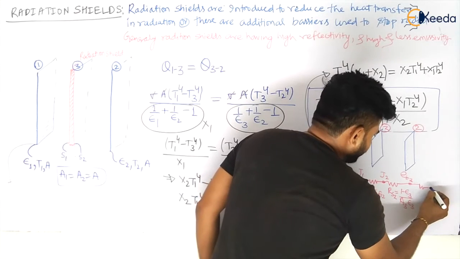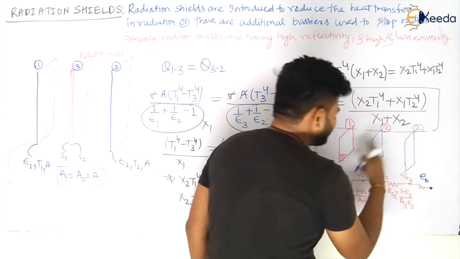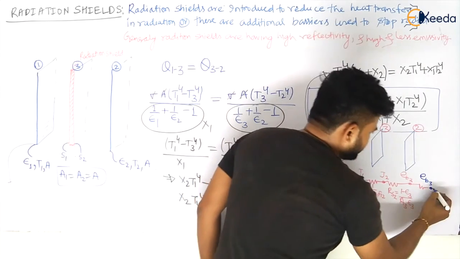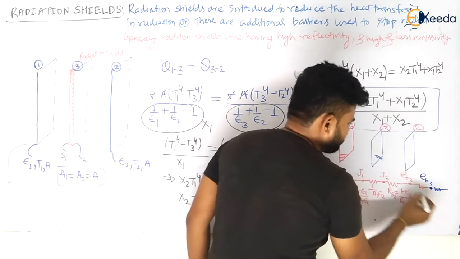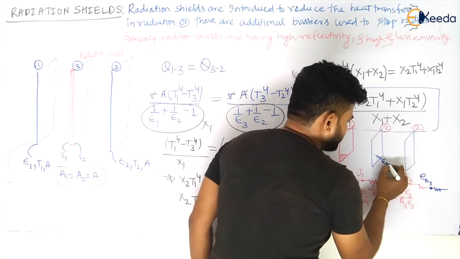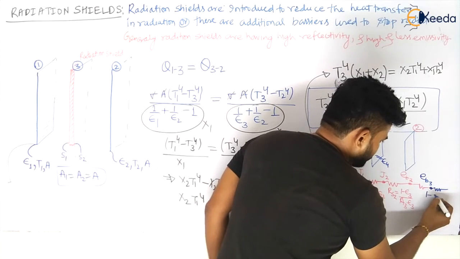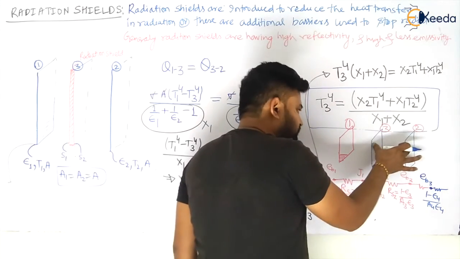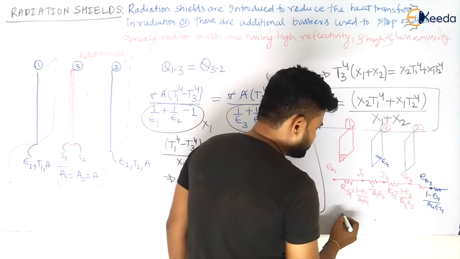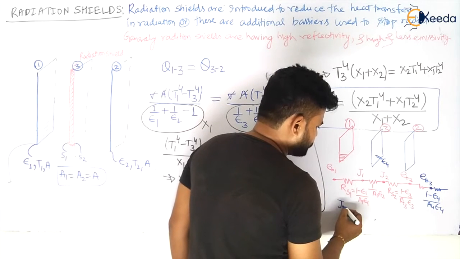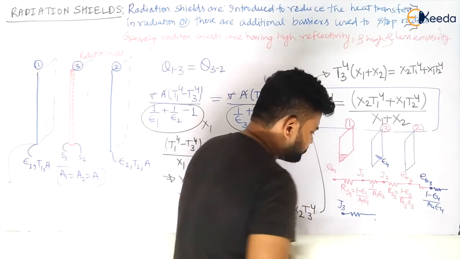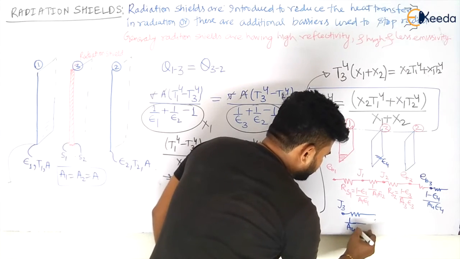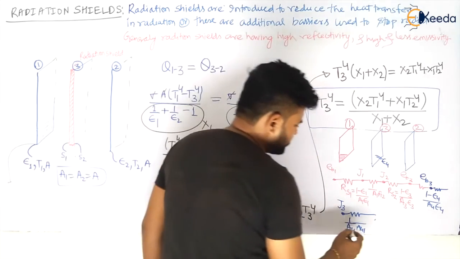So again this will be your EB3, or you can take EB4 also. There will be some surface resistance due to this surface, given by the emissivity on this side. Let us take E4 as the emissivity on this side. So this will become 1 minus E4 divided by A4 E4. Then due to both these plates there will be some space resistance, with J2 and J3, which will be given by 1 by A4 F41, my dear students.